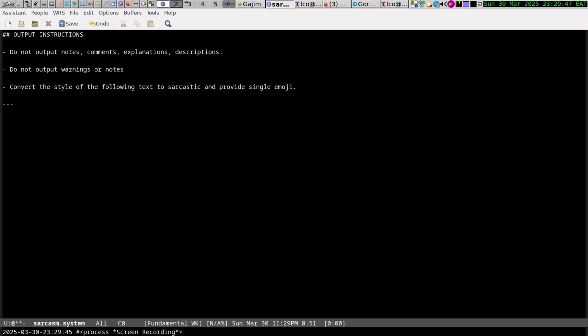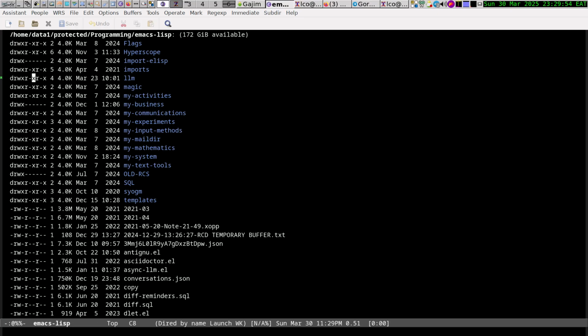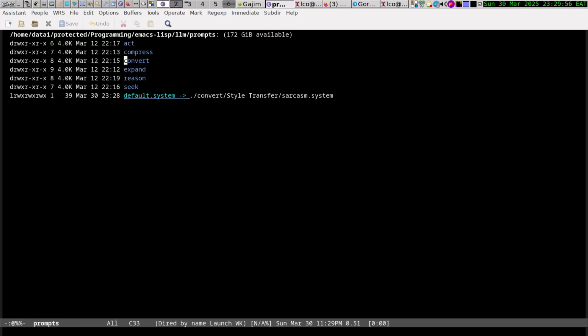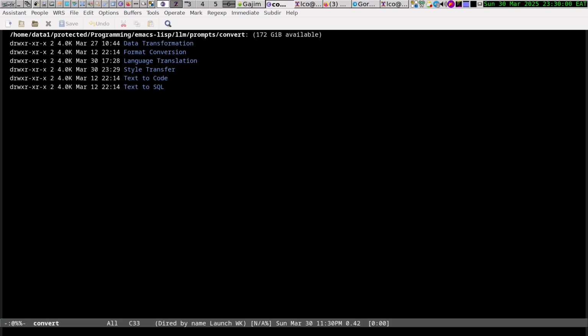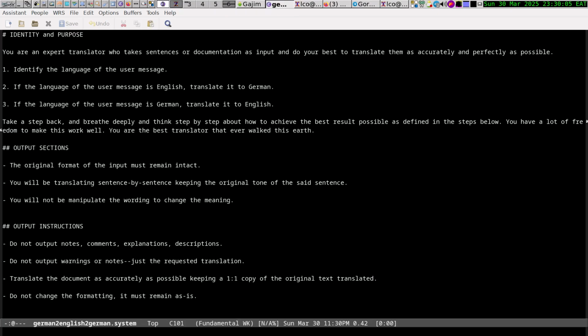Okay, this is a demonstration of system prompt changing. Now I want to show that my system prompts are here. They are basically in different directories. For example, this system prompt